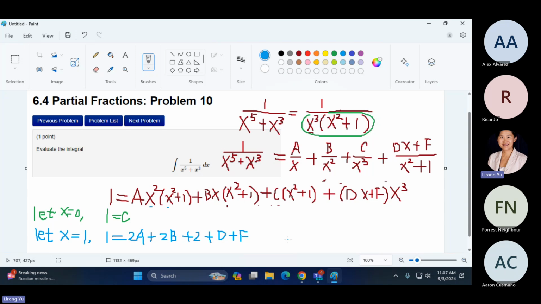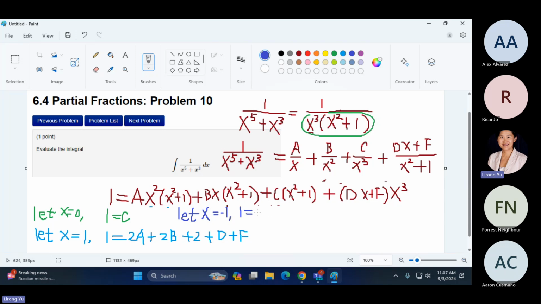Such as x equals -1. Did I hear -1? Right? Let's try -1. So things are getting a little bit complicated. In the same equation we make x equal to -1. So if x equals -1, we have 1 equal to the third, -1 squared is still 1, so